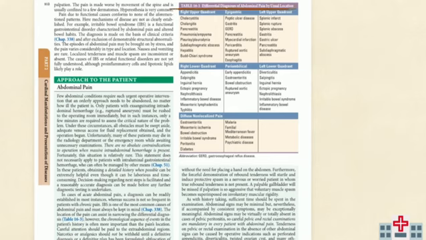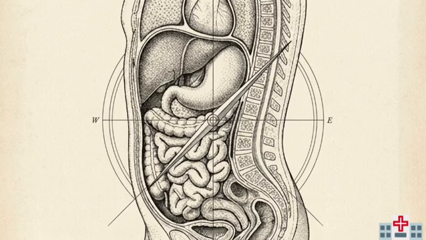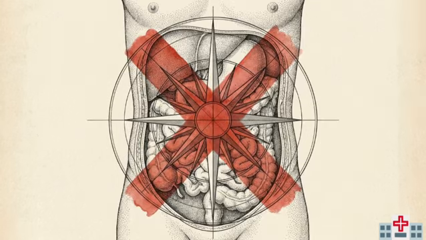This table outlines the structural matrix required to manage an undifferentiated patient when those classic signs fail or are masked. By mapping the location of the pain to one of the 4 abdominal quadrants, you establish an initial framework. This simple spatial filter immediately narrows dozens of potentially fatal etiologies down to a workable, localized list. However, the text provides a vital caveat. While anatomical mapping is a necessary starting point, spatial location is not the most important diagnostic factor.